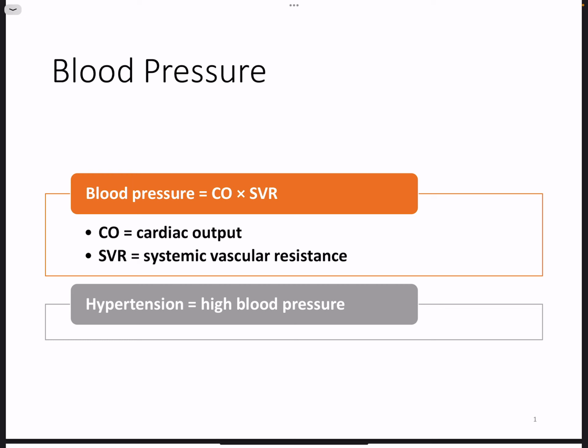Although it is true that short-term problems with blood pressure are not that much. You will see in clinics, even last week we had a patient with 220 over 170, and he was relaxed. Why? Because many times there are no short-term complications. But you will see this patient maybe after 3-4 years,